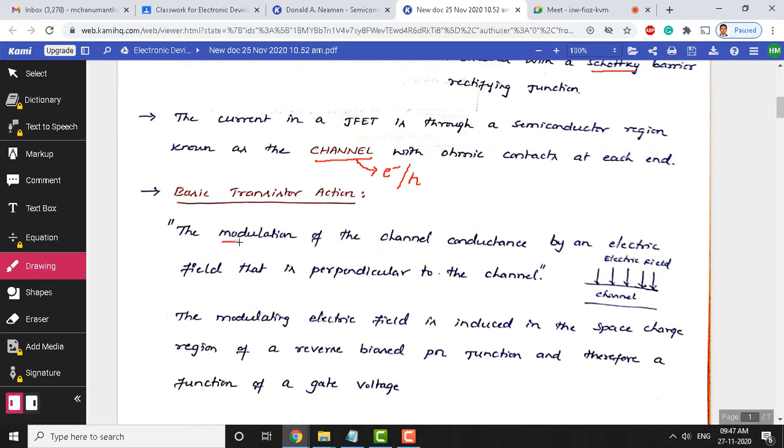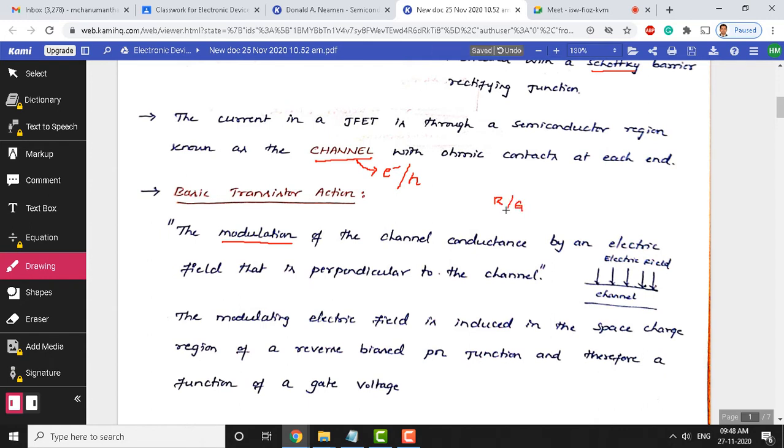This is a communication word. You might have come across different modulation schemes in communication, in basic electronics preferably. So, modulation is varying one parameter with reference to another parameter. Here, with reference to the FET or JFET, the channel conductance is very important. Just now we mentioned the channel is a region in a JFET. So, this conductance of the channel, you can also think of as a resistance; resistance and conductance are reciprocal to each other.